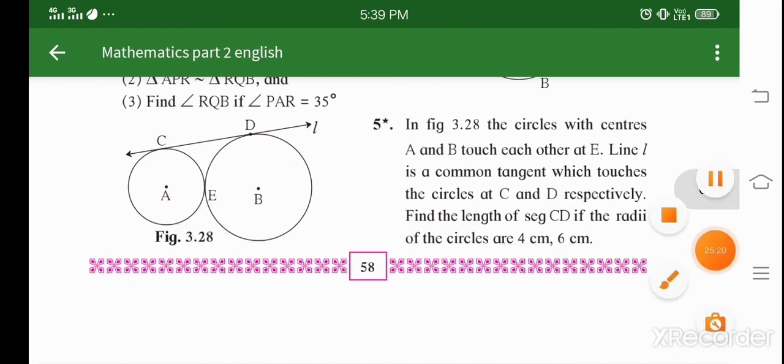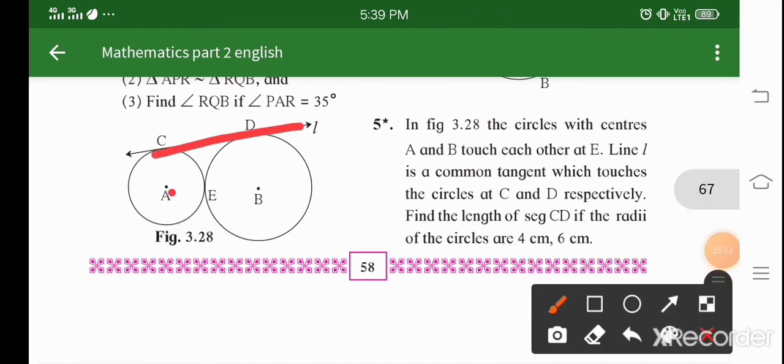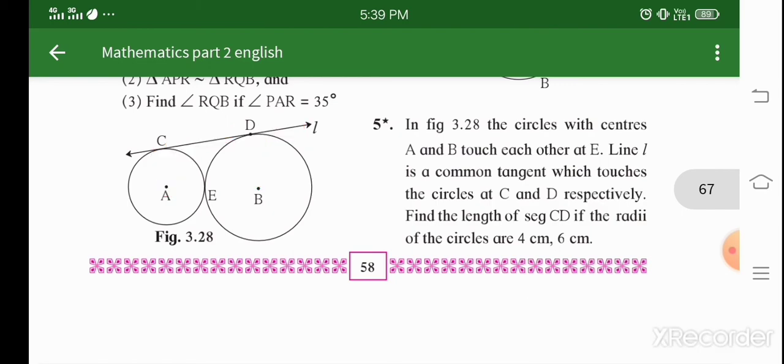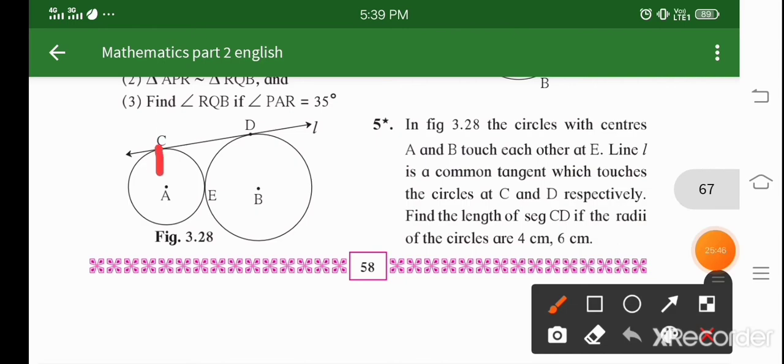Now again, can you see over here, this is a tangent and AC is also a radius. So tangent and radius are perpendicular. Similarly over here, this is a tangent and this is radius BD. So you can say that this angle and this angle are 90 degrees, right? Now if you draw that line AC and here AB, can you see this? This is not a rectangle, because for a rectangle opposite sides should be equal, but here it is 4 and this is 6, so this is not a rectangle, as you can also see from the shape.